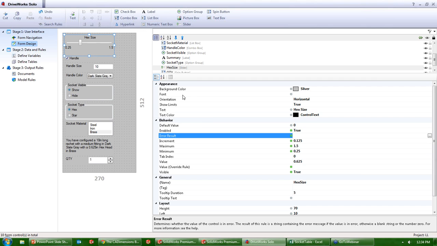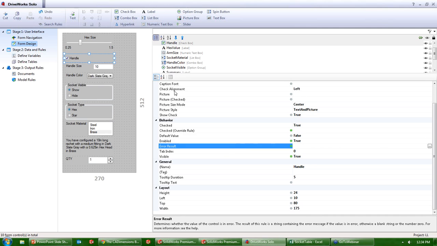Just quickly looking at the behavior features of each of these options. So in our form designer, we have all these options up here. A checkbox is what we use for the handle. So all this is doing is returning a true or a false result, and that can be used in our model rules to say what we want to show or hide based on